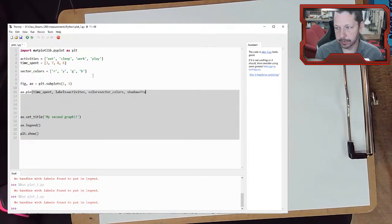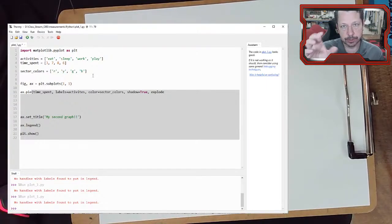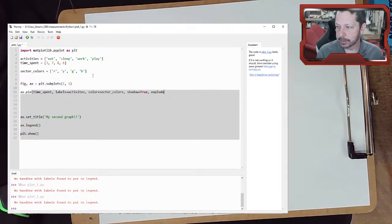It's just on and off, or true and false. I guess if you don't put anything, it's false. If you put true, it does turn on the shadow. One thing a lot of times you want to do is explode, so pull one piece of pie out from the others. And this works the same way where there's a